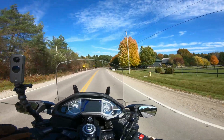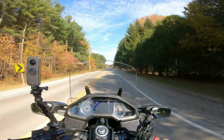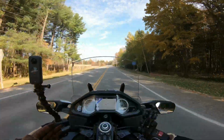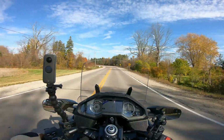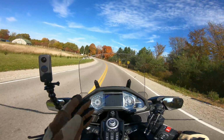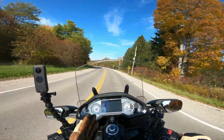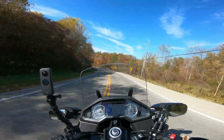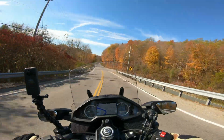I start the video that I was just looking at from my GoPro Hero, and I also bring in my Insta 360 Studio video, which I had saved, and I go to the beginning and match up the videos. Sometimes you might see us on a video and we clap our hands like this. What that does is give a sound spike and a note in the video where we can see ourselves clapping our hands, or in my case me clapping my hand, and that tells me where the videos will match up. This is not a really good explanation, but I'll show you on a video and that'll make more sense. So once I get both videos lined up,